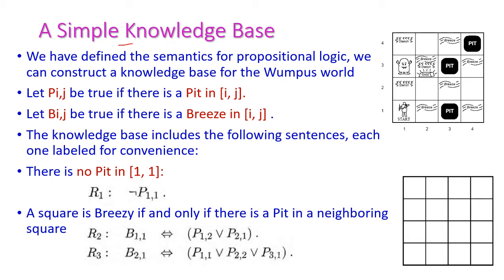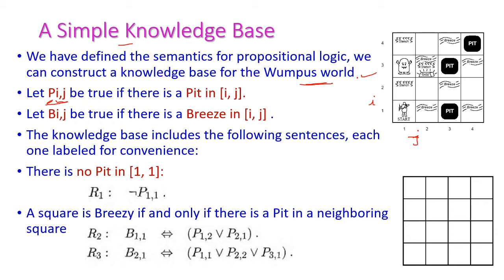So for creating this simple knowledge base, we will take this Wumpus World example, because already we have seen this Wumpus World example in our previous video, isn't it? So already we know the concepts in the Wumpus World. So for creating a simple knowledge base, let us take this particular one, P of i comma j. Here P is the pit and i comma j is the position in this Wumpus World. Okay, this is i and this is j.